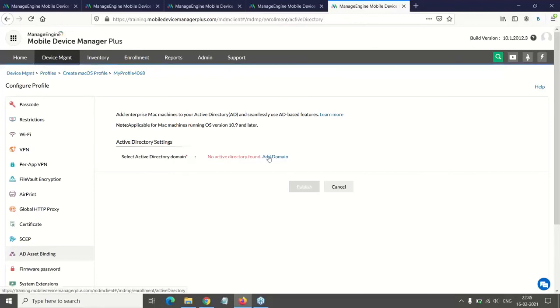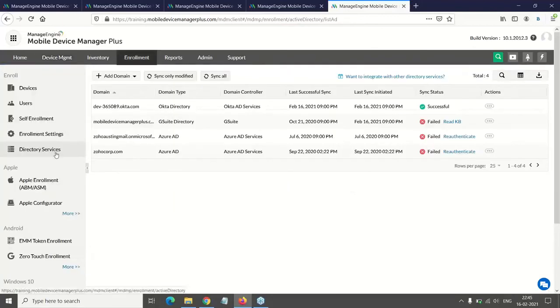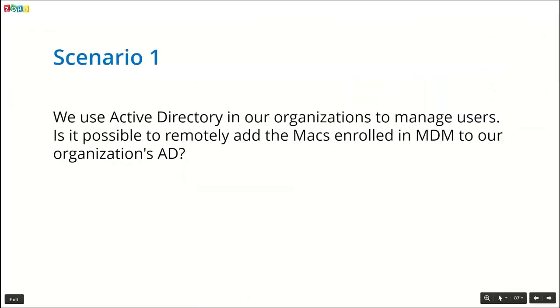So once it is integrated, when you click on it, it will directly take you to the directory services option available here. You can just click on add domain and integrate the kind of domain that you use in your organization. So once it is done, whenever a device gets added under MDM and it is assigned with a user from this particular domain, the device will also get added to the Active Directory.